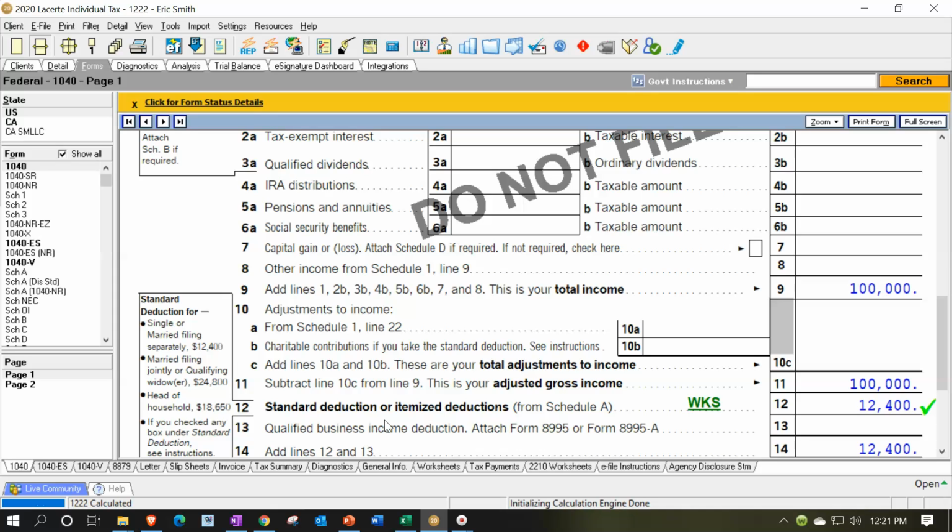Meaning, should I take the paper return for 2019 they gave me, enter it into the prior year tax return, and pro forma it forward? A lot more work, but it might be worth doing if you want to establish a long-term relationship with a client and make sure you have the taxes correct as you move forward. So the basic rule might be, if it's a really basic return, then maybe I don't need to do that. If they didn't itemize last year, then I possibly don't need to put the information in the prior year return and roll it over.